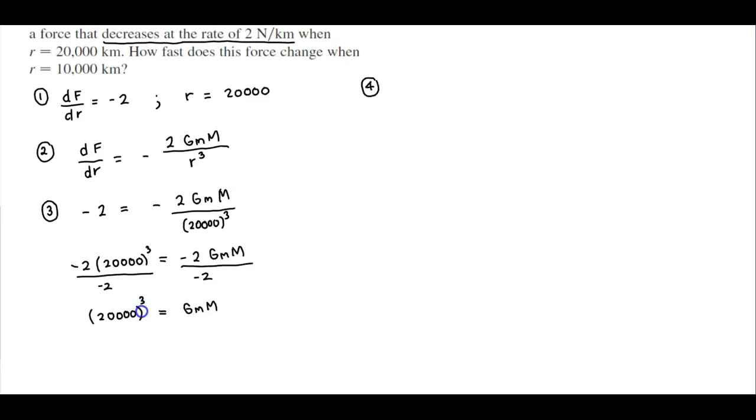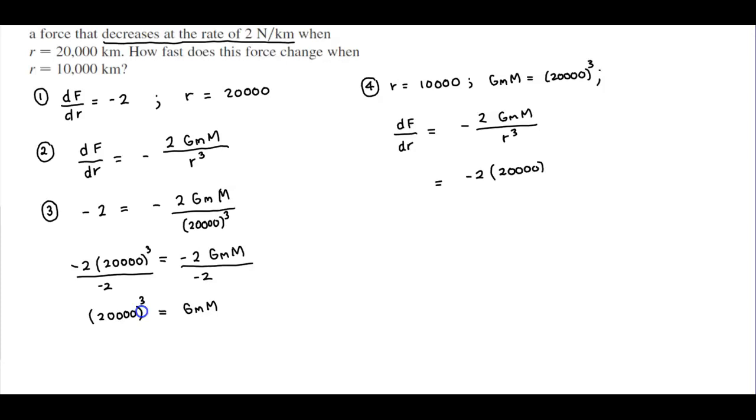So now what we want to figure out is how fast this force changes when r is equal to 10,000 kilometers. So we know that G m capital M is equal to 20,000 cubed. And so now we're going to substitute that into our derivative formula. So dF over dr is equal to negative 2 times G m capital M over r cubed. So that's negative 2 times 20,000 cubed over r, which is 10,000 cubed. And so that gives us